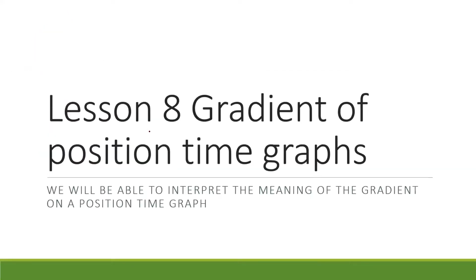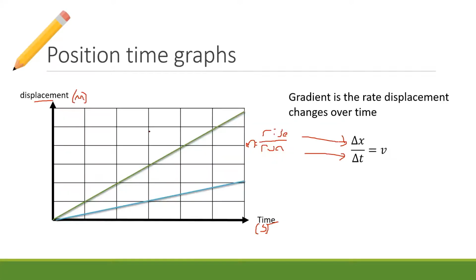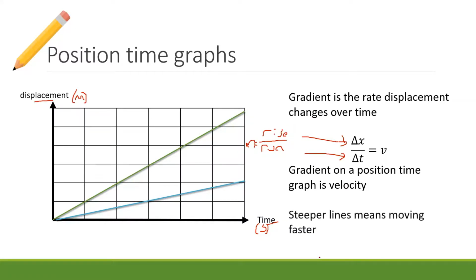So therefore, if you find out the gradient of a line, then that will give you your velocity. And that's what it says here. Gradient on a position time graph is the velocity. It's how fast you're moving. It's the rate of change of your displacement. Steeper lines means moving faster. And of course,